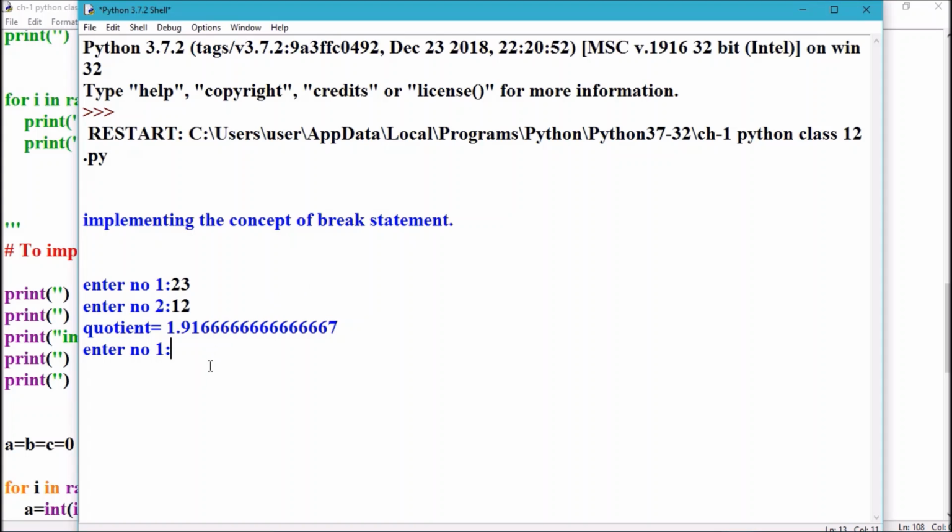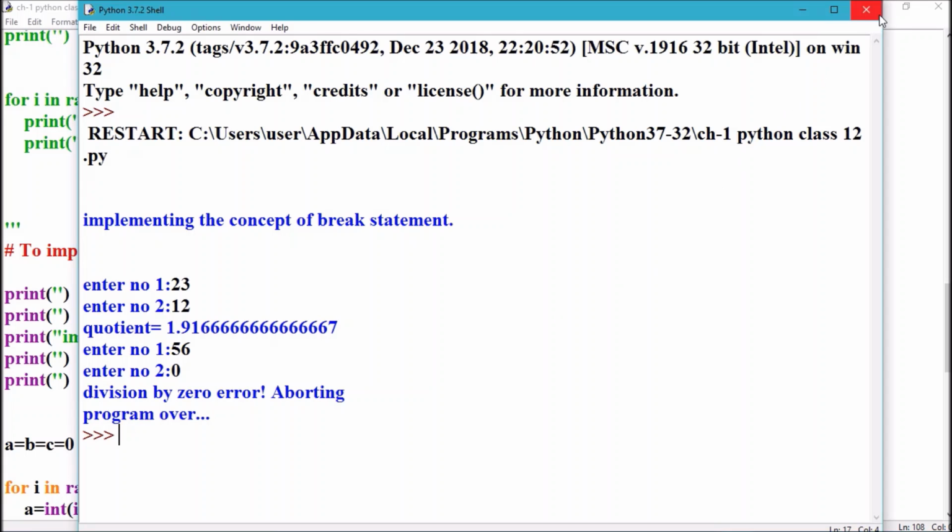In case you give the second number as 0, what will happen? It will say division by 0 error, so it is aborting, as it cannot perform the calculation. It will allow you to calculate this division 10 times if there is no error. So if you are trapped somewhere in this type of situation, it will take you out of the problem.